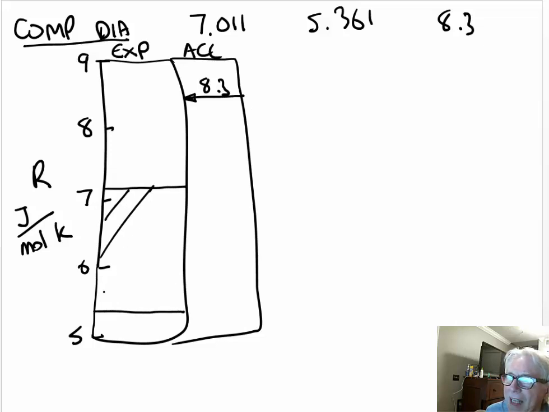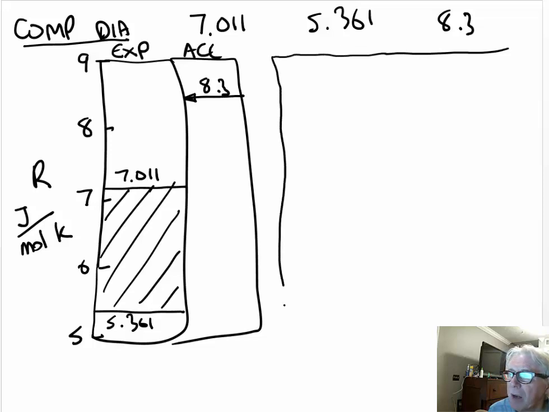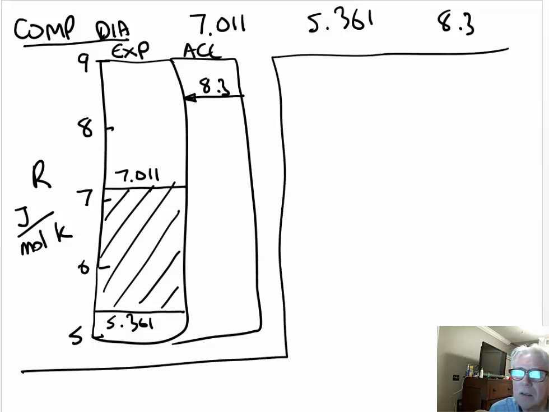Now, what I said was that the highest reasonable value was 7.011 and my lowest reasonable value was 5.361. It's unreasonable to be bigger than this. So I don't agree. And that's the way it is. My job is to do the experiment right, and the results are the results. Don't get tempted to kind of fiddle the results. Just accept it. So the conclusion